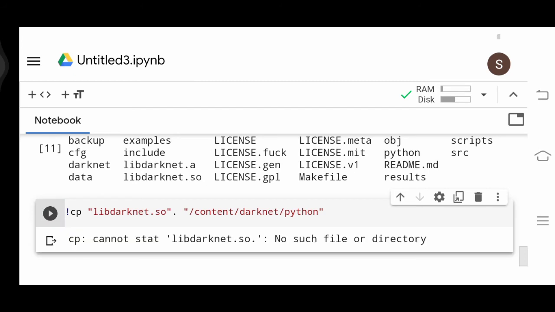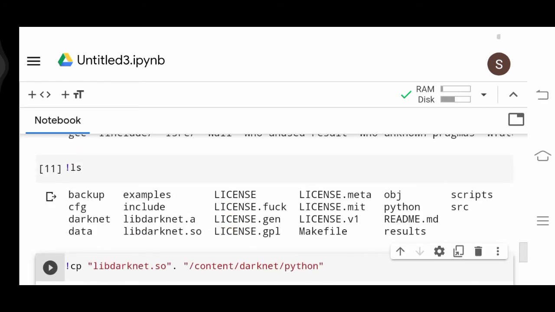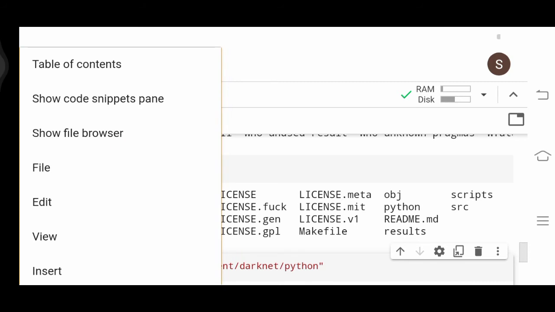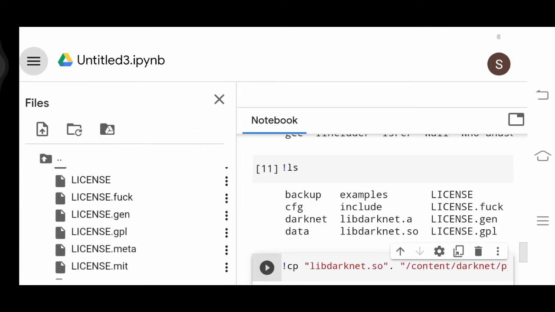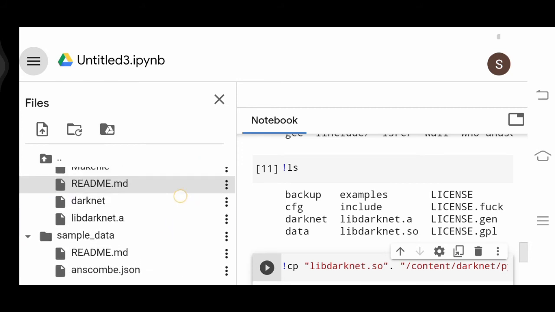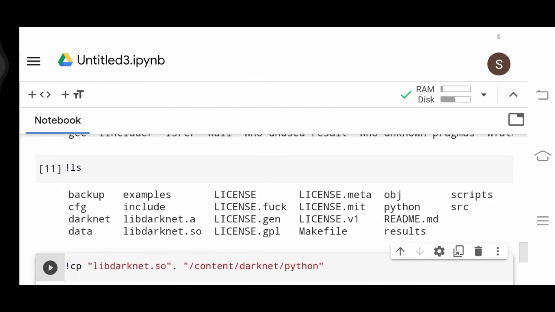Okay, no such file, because we have not given the path. So you have to check it again. Go to the browser and libdarknet should be there, but it will not show because libdarknet.a would be showing up. So libdarknet.so should be copied. Okay, so this is how you have to make a Python wrapper. You have to copy this file. If you have a local system, this should be copied.